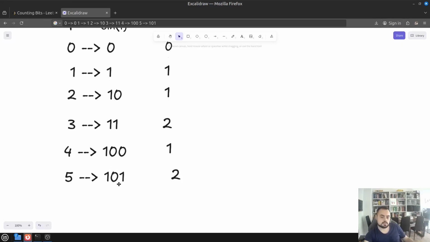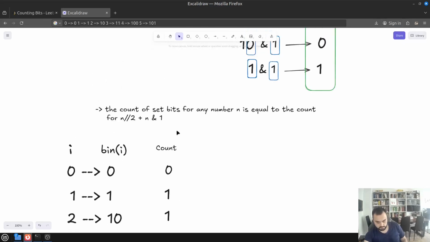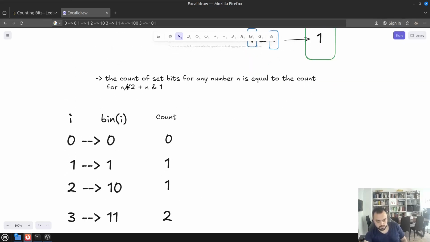And the last check is for number 5. 5 divided by 2 is 2.5. Integer division is 2, and the previous count is 1. And then we do 5 and 1, which is in this case 1. And 1 plus 1 is equal to 2. And that's it. That's the whole story behind this